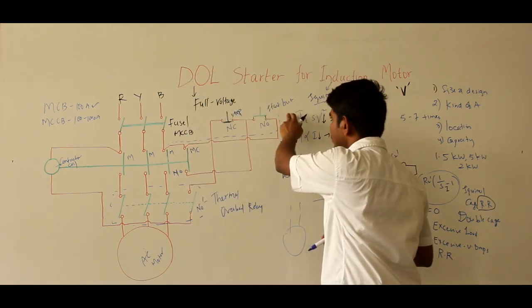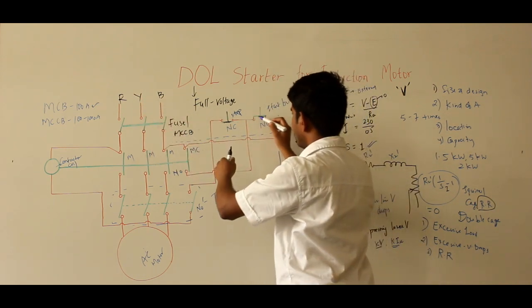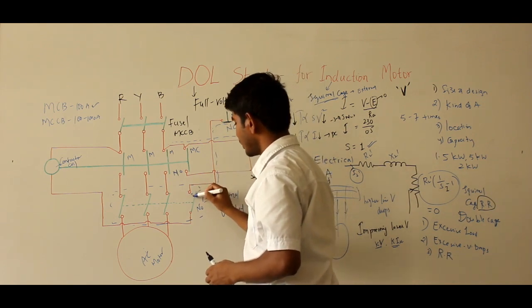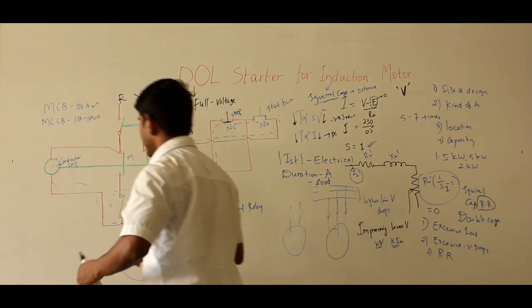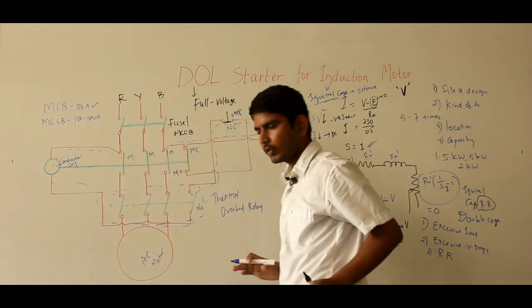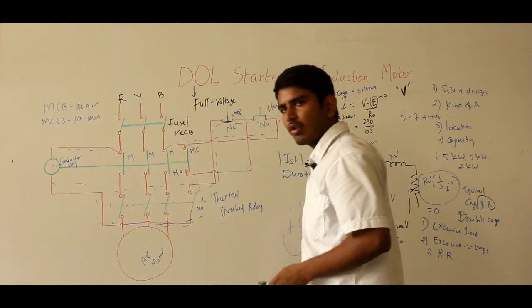So when the start button is pressed and you switch on the supply, the current will flow from here and come like this. This contact will be closed, and it will energize your contactor coil, and this contactor coil is connected to the other phase. Generally, 2 phases of the line are enough to energize your contactor coil, and when the contactor coil gets energized,